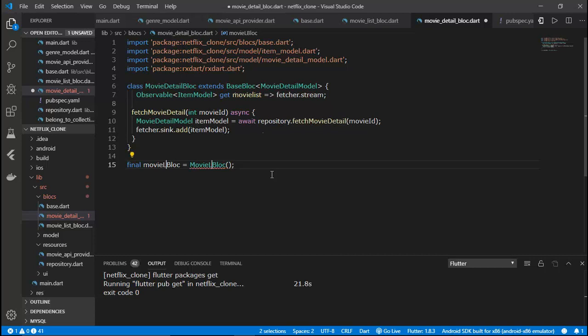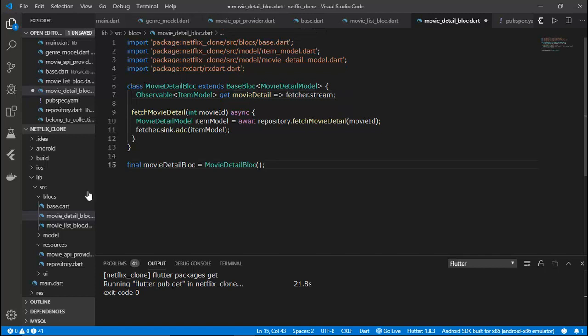Alright, so I'll just remove this and write here movie detail block. So our movie detail block is complete, and now let's write here movie detail. So it's completed, and